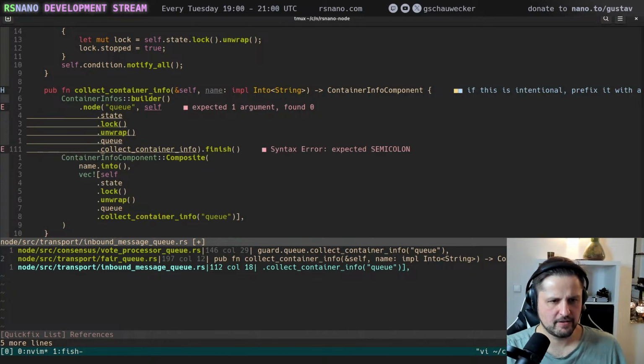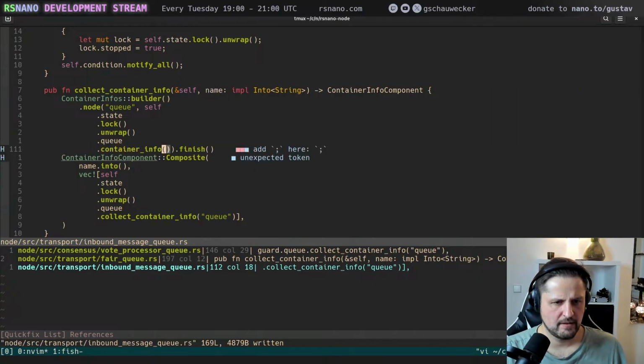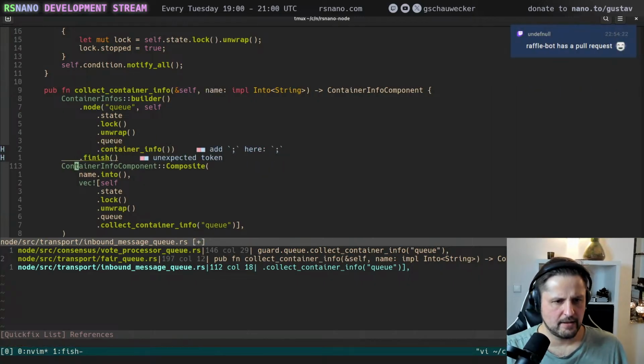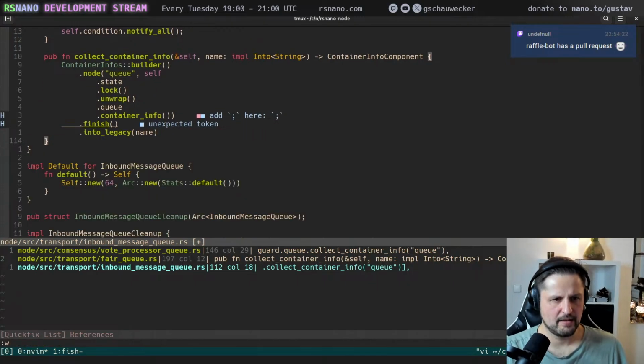But the new function, container info. And then after finish, we have to say dot into legacy and with the name. Yeah.